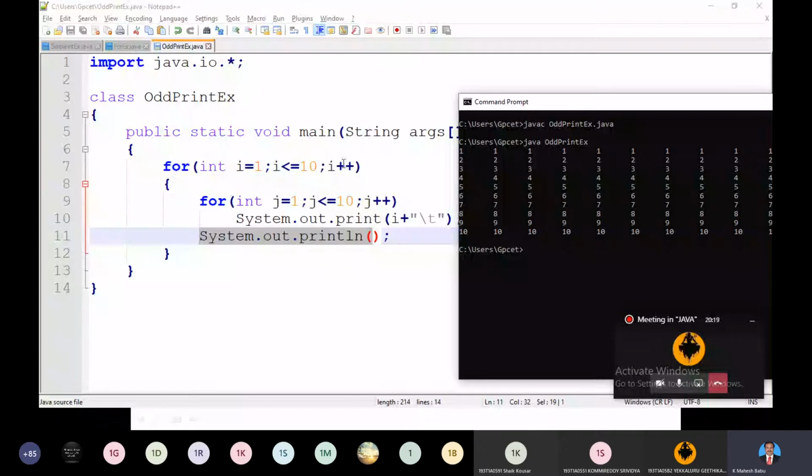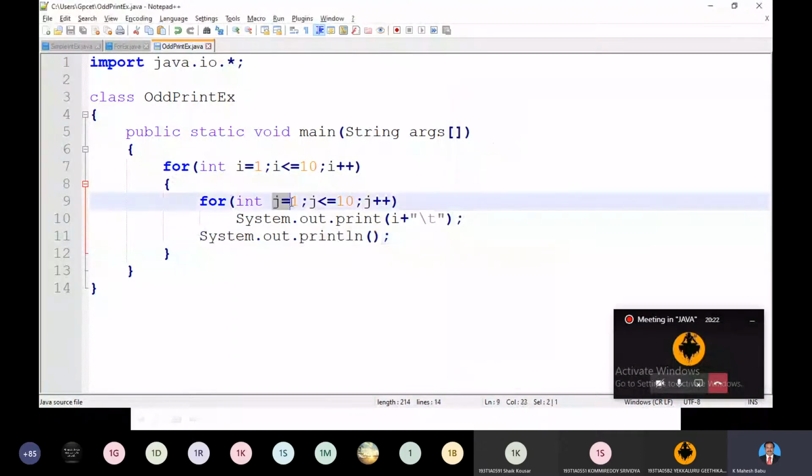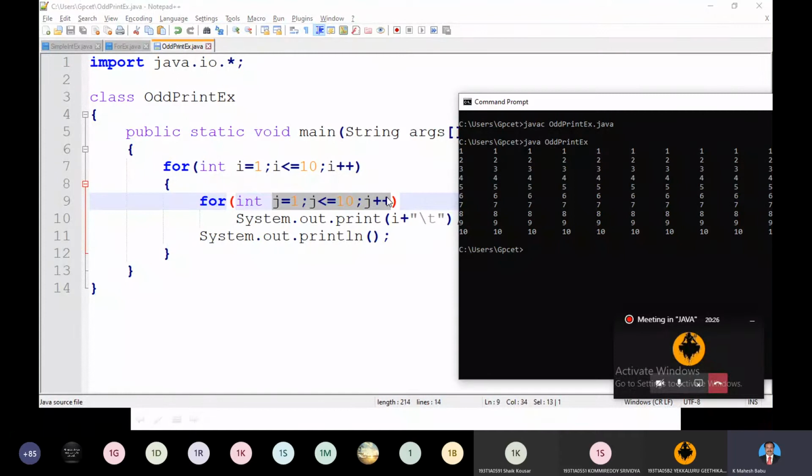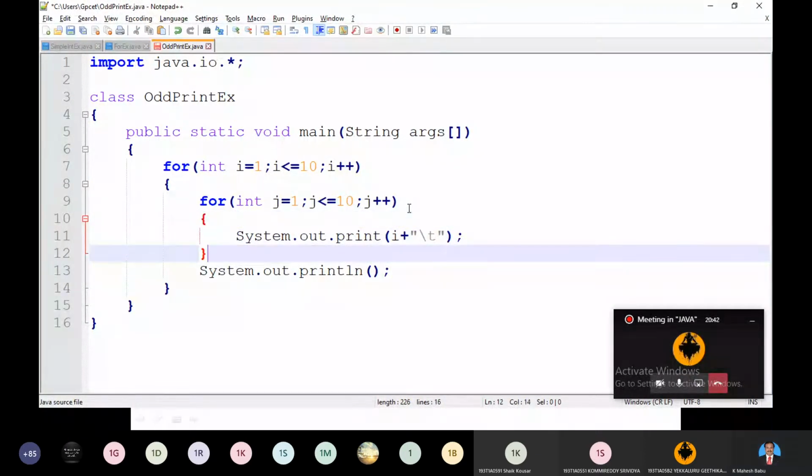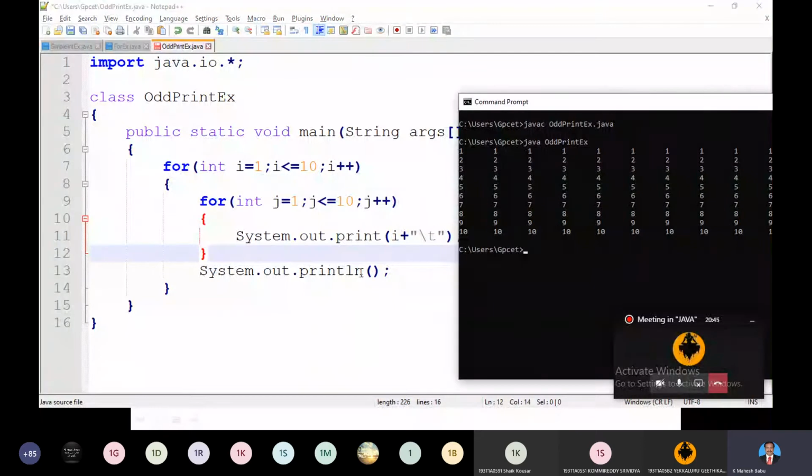Now i becomes 3, 3 less than 10, again coming back to the j loop, and j will iterate 10 more times, printing 3 continuously on the screen. Yes or no? This for loop has only one statement, that's why I didn't put any curly braces. Or else I could mention curly braces here. After completion of printing that particular i value 10 times, we need to bring the control to the next line by calling the System.out.println method. Now the cursor will come to the second line and we print the second value continuously, then the third value, fourth value, and so on.